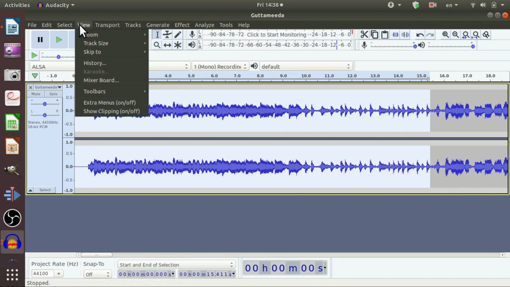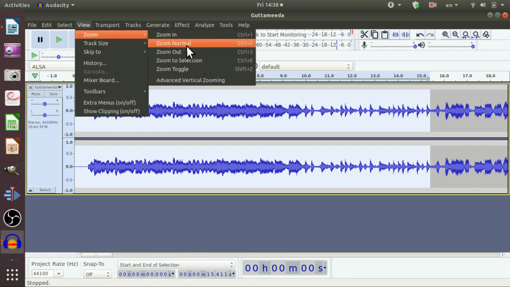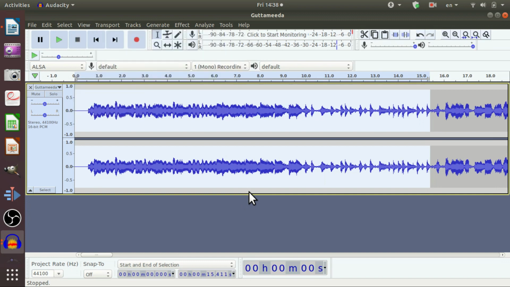Now the second option is zoom normal. The shortcut key is Ctrl+2. What zoom normal does is revert back to the Audacity default zoom, where you can see 5 to 10 seconds at a time. So to revert back, I am going to press Ctrl+2.